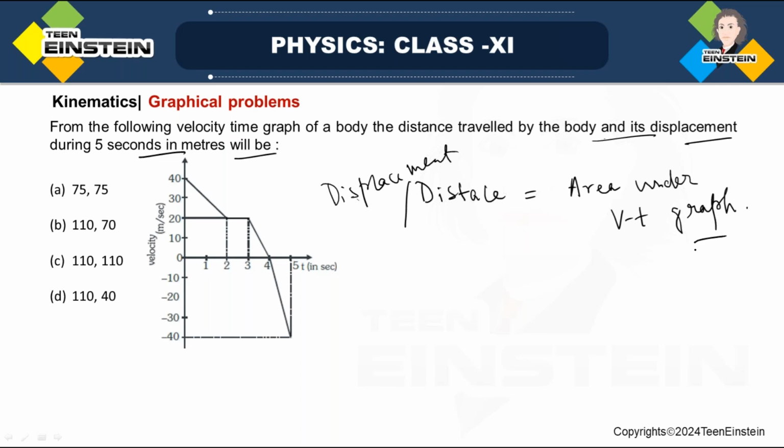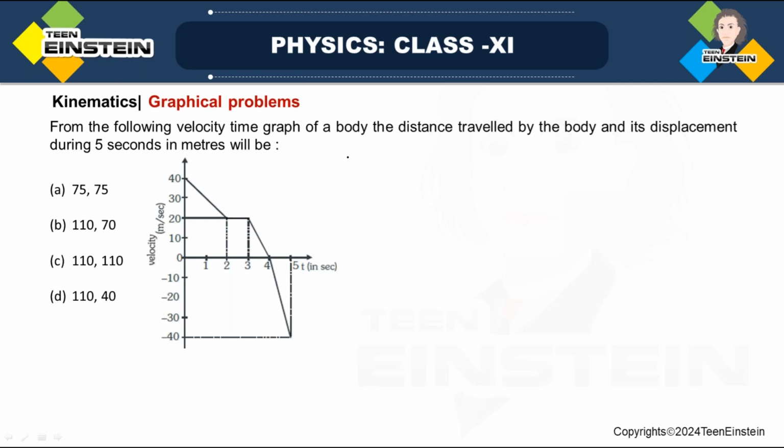But in this case, one thing you have to remember, that when we calculate distance, we'll take all the area. Suppose here, this area, this area, this area, this area, this area, all the area will be positive. We don't have to consider the sign of the velocity, because distance means the total path length. But in case of displacement, this you have to take negative, and all other area here will be positive. Okay, if we do that, see the distance will be,